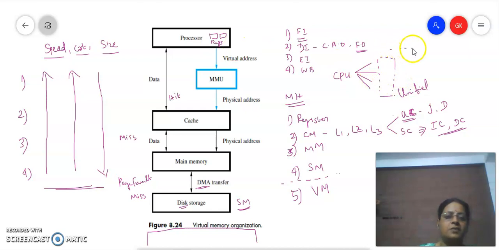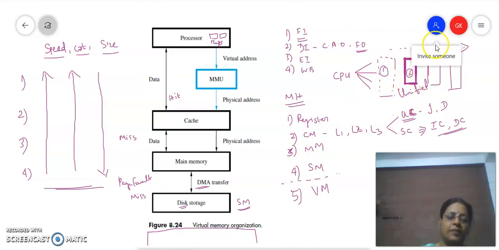And if my application demands more space, then I will partition my application into different fragments. I will load the first fragment into the secondary memory, then transfer it to the main memory, transfer it to the cache, and then get it executed. Once the execution of the first partition is over, I will throw it out and then take the second partition. After the CPU completes execution of the second partition, it will throw it away and then load the next partition. Like this, I can make the CPU execute partition by partition, and by means of this concept, I am not restricting my application to a physical size.